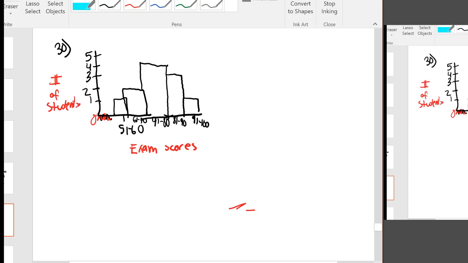All right, so now I know how I can read this: if there's 51, one person got a 51 to 60. If I'm looking at the 71 to 80 range, 4 kids got 71 to 80. So the histogram shows the exam scores of the students in the math class. So the median score